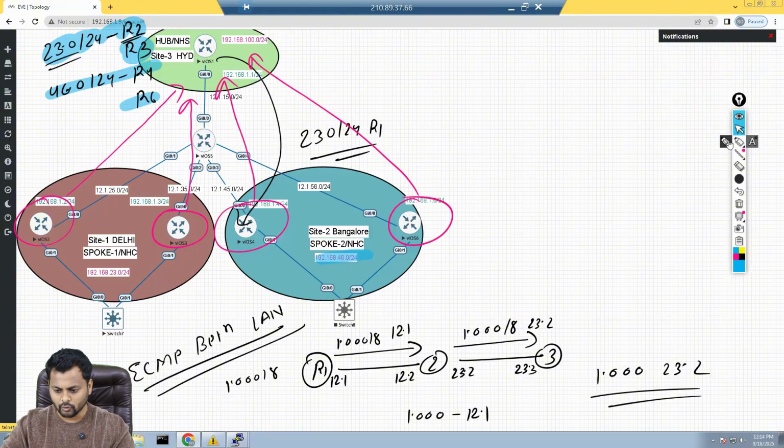It means that the control we have, and the problem we have, is on router number 1. This is the problematic router right now. So what happened? Let me tell you.